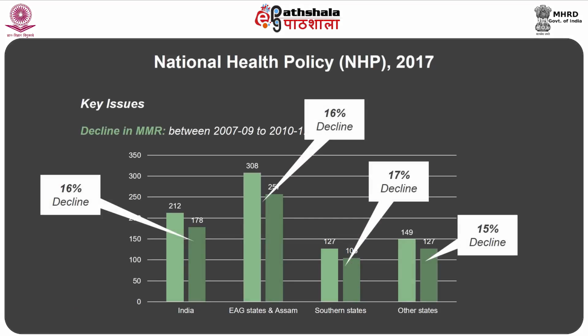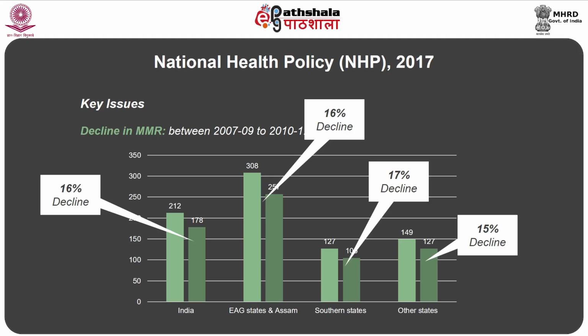If we look at the decline in maternal mortality over a period of time, for instance, between 2010 to 2012 over 2007 to 2009, there is a significant reduction that is noticed in a country like India. For instance, the maternal mortality rate was 178 now, which has come down from 212, a fall of about 16%. And furthermore, when we talk about state-wise data, it is very clear that in empowered action group states and a